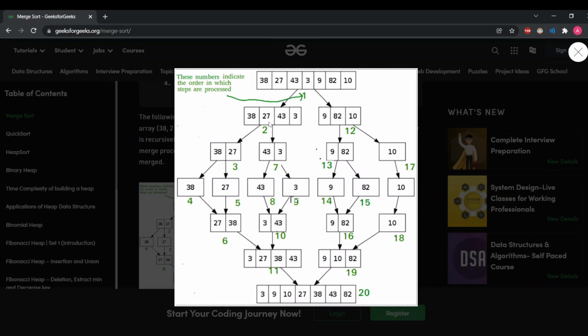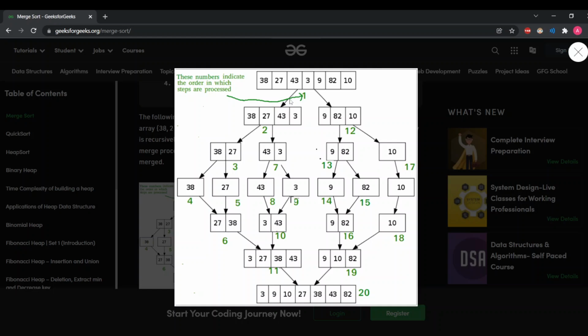Further, this subarray is divided into two subarrays. We'll keep on splitting until we have a single element left in a subarray. This is where the first phase of the algorithm ends. We have single elements after splitting.